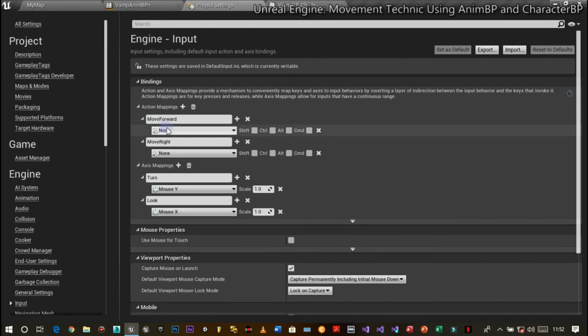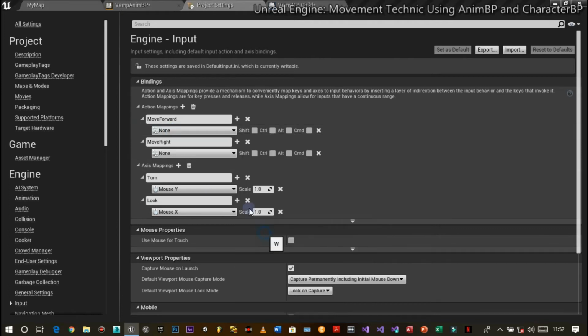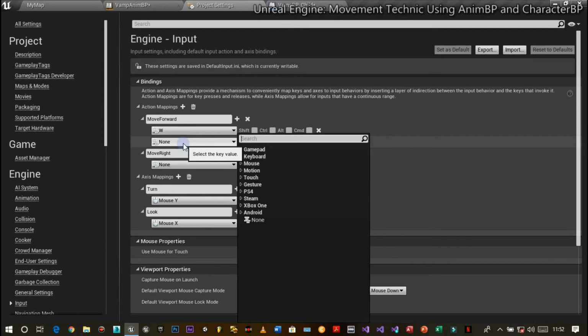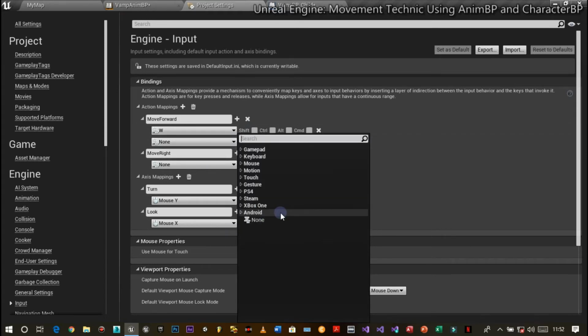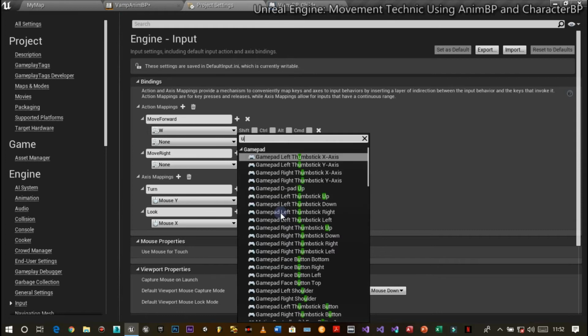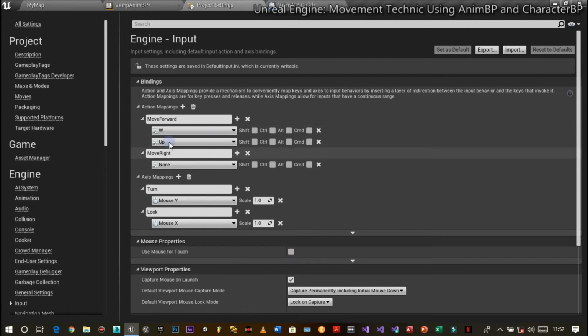So I'm going to add my move forward as W, and plus I'm going to use up. Okay, then on my move right,